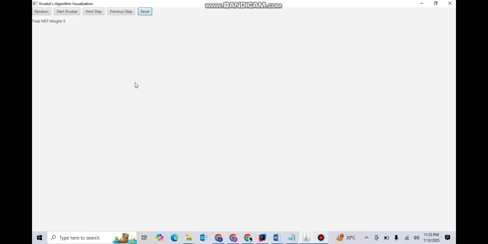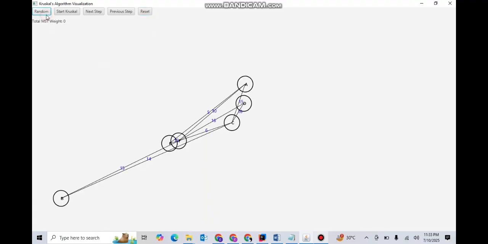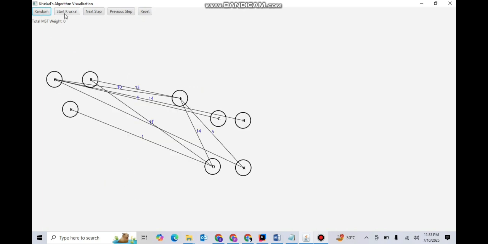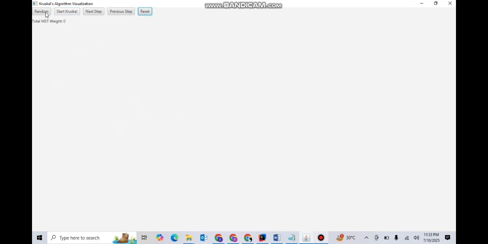Thank you. Now I will demonstrate the random button. Here the random button generates a random graph for the Kruskal algorithm. As you can see, whenever I click it creates one randomly, and whenever I start Kruskal it creates the connection between two nodes with edges. So now I will reset it, and now I will create